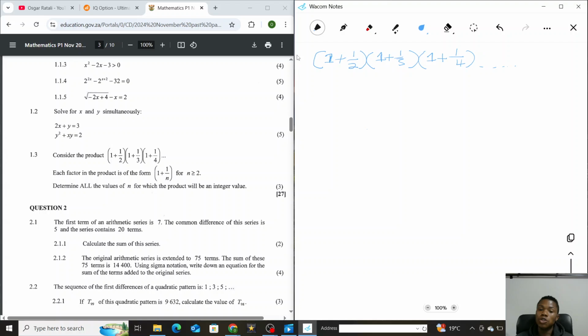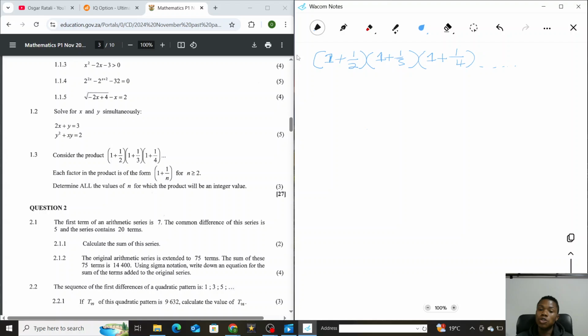So if you punch this in your calculator, you're going to get 3 all over 2 and 4 all over 3 and 5 all over 4. You don't know the last number, but